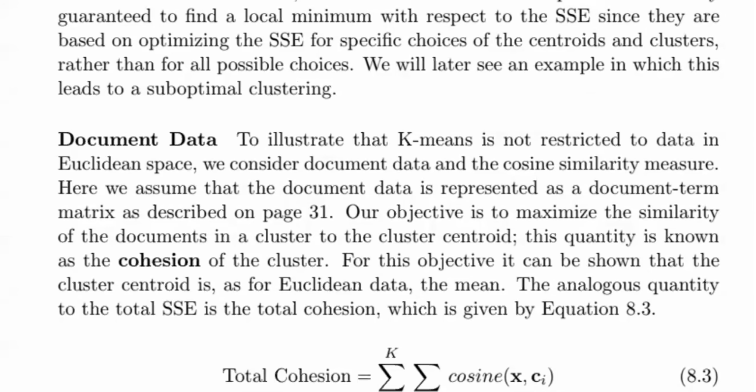given data. It is the summation over i equal to 1 to k, x belongs to C of i, which we can calculate with the cosine function, cosine of x comma C of i. So here we can use four types of proximity functions. The first one is the Manhattan function, L1, the second is the squared Euclidean function, L2, the third is the cosine function, and the fourth is the Bregman divergence function. These are the four types of proximity functions we use in the k-means algorithm.